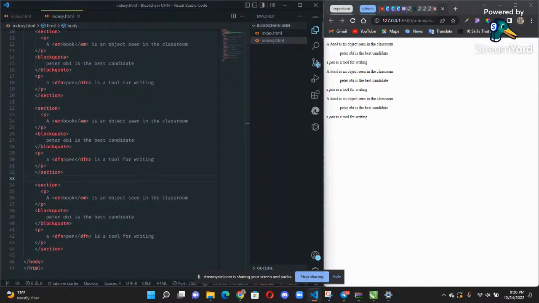So with this, I am some percent sure that you should understand what semantic HTML is, using the correct elements where they are supposed to be used. I've given you some examples: blockquotes, definition, section, and others which I talked about. So always try, while writing your code, as much as possible to use the correct elements where they are supposed to be used. So with this now, I'll go into tables.